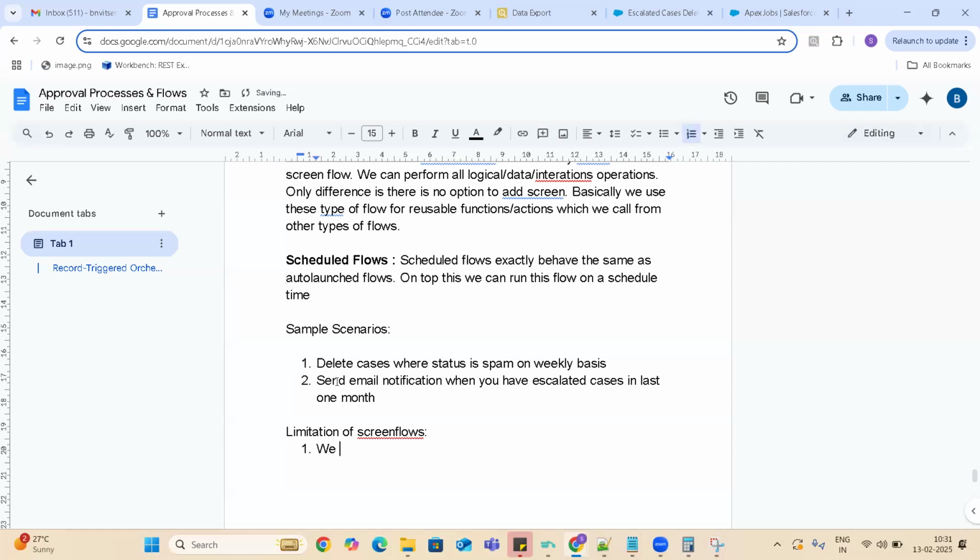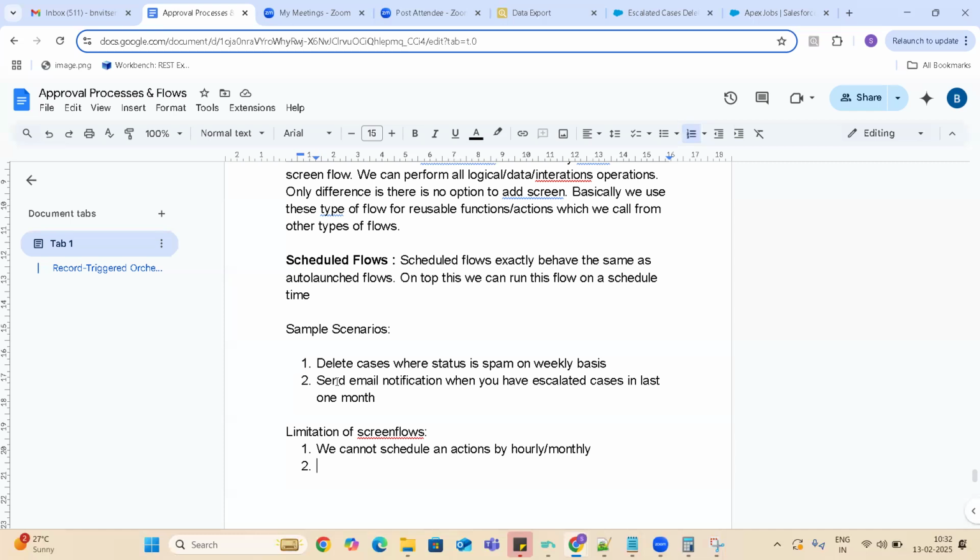We can't schedule actions hourly or monthly. For example, if I would like to check every hour and send the notifications, that is not possible. You have only three options: once, weekly, and daily. Monthly is not available, hourly is not available.